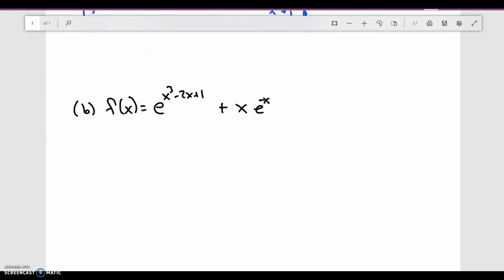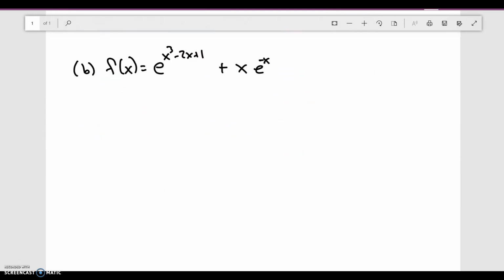Okay, now for the second part, we're going to take the derivative one more time. What I notice here before I take the derivative is that I have two different terms. So I know that I have to use the product rule here. Here, I just have to take the derivative of e to the x. Well, the derivative of e to the x is going to be e to the x itself. So d over dx of e to the x is just e to the x. So this is going to be e to the x